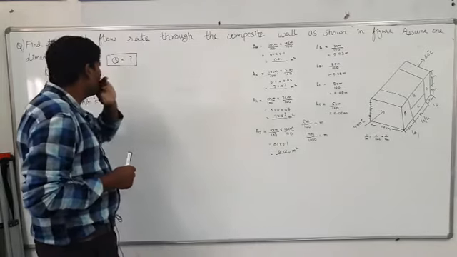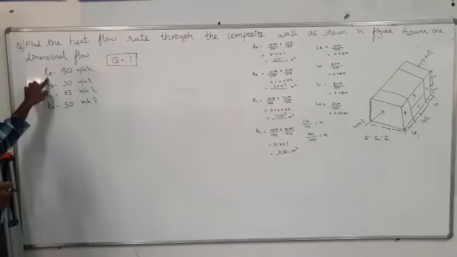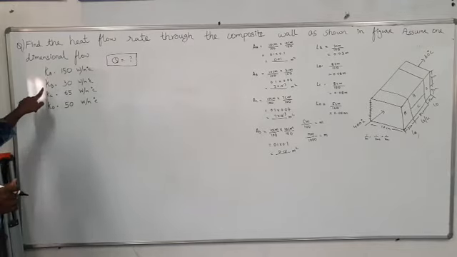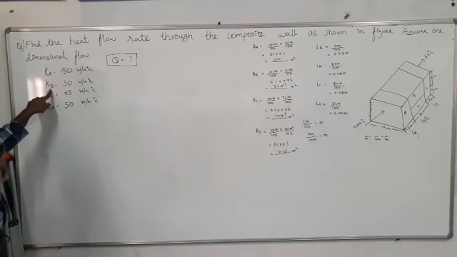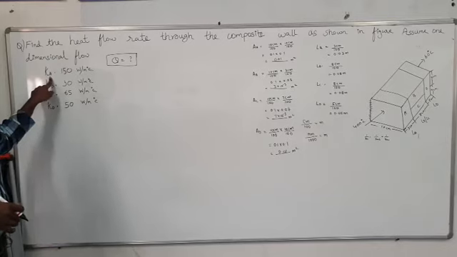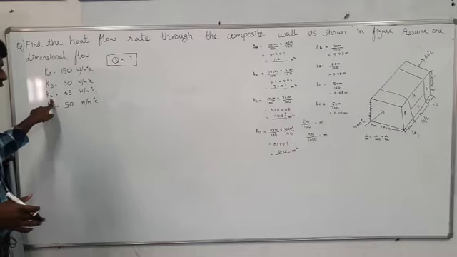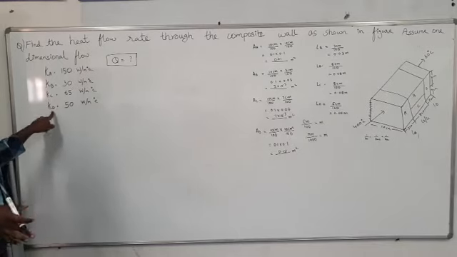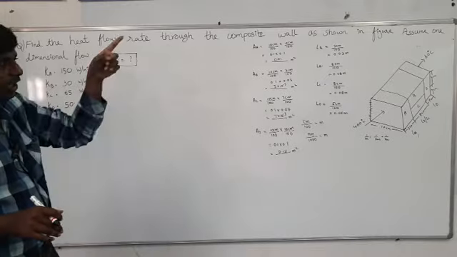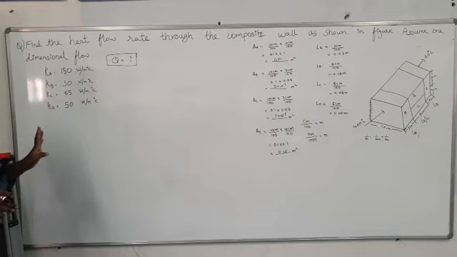After getting this diagram, the next step: you know the value of Ka, the thermal conductivity of material A, thermal conductivity of material B, whatever the material is given, copper, steel, silver. It is not mentioned here, but it is given. The thermal conductivity of material A is this, of B is this, of C is this, and of D. So you got three data: first the length, second the area, third the thermal conductivity.